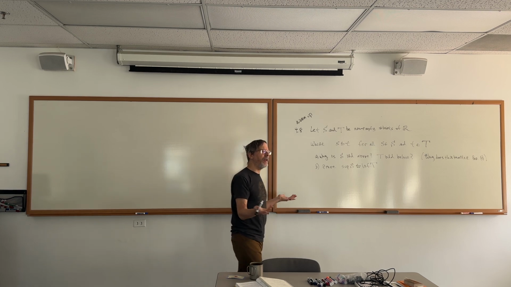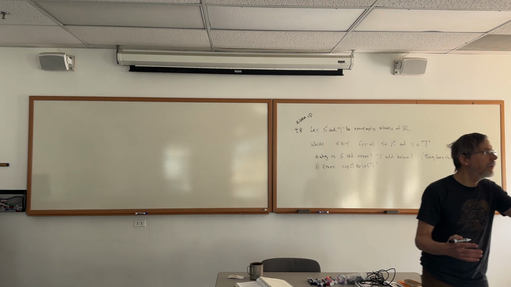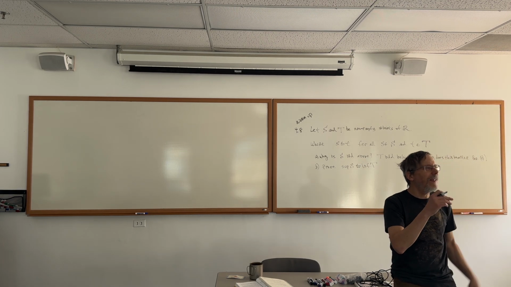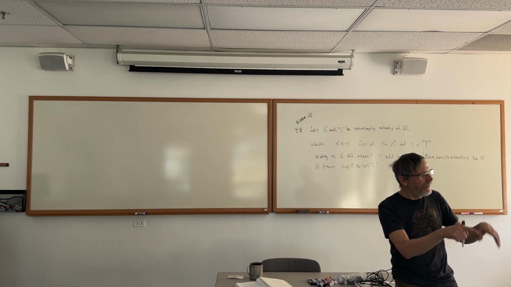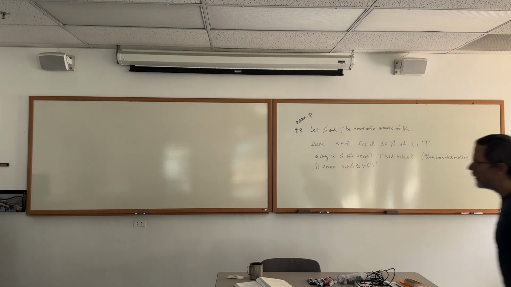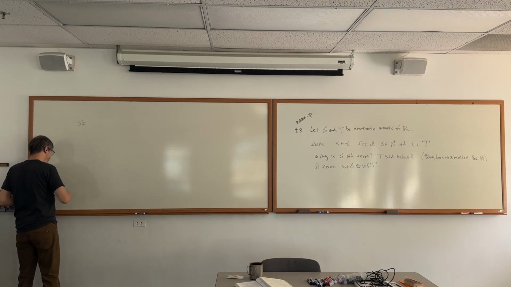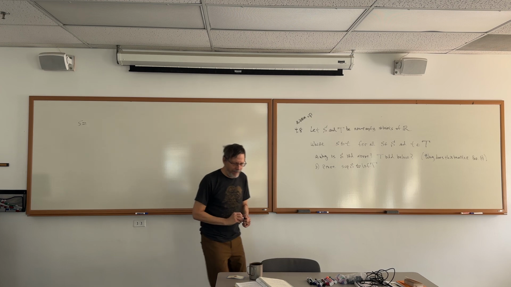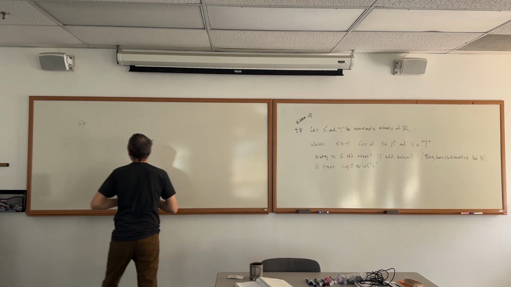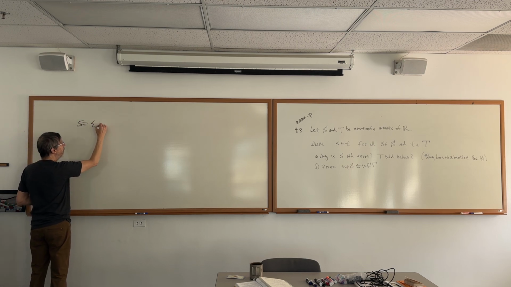Can I ask, what was the first thing you did when you saw this problem? What was the first thing you did on your paper? I made 2 example sets. I like it. That's what I would do too. So what did your picture look like? I just made S equals 1, 2, 3. Oh, okay, cool. So do you mind if I write those down? So first thing Cormac did was try to get some intuition by drawing sets. That's what I would recommend. That's what I would do. So what was your S? 1, 2, 3. And then 4, 5, 6 was the T.